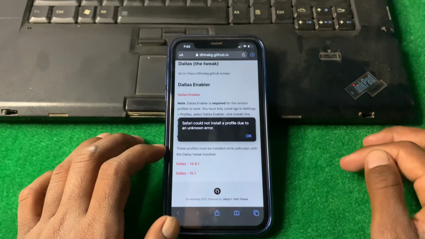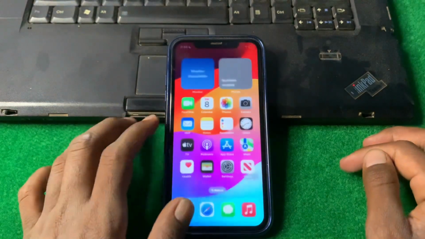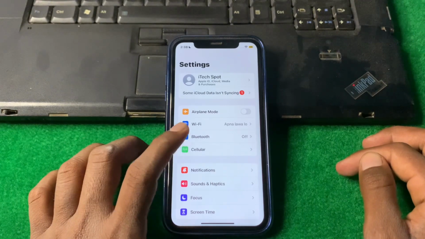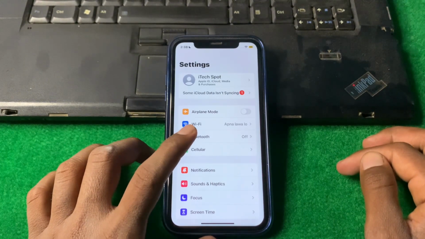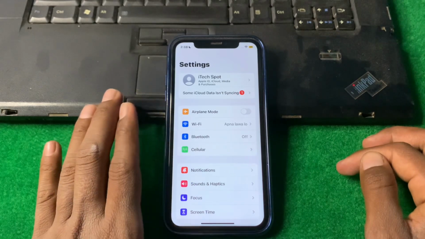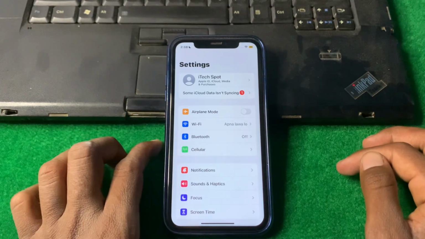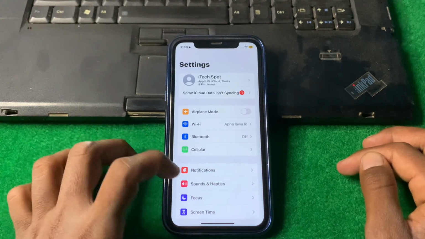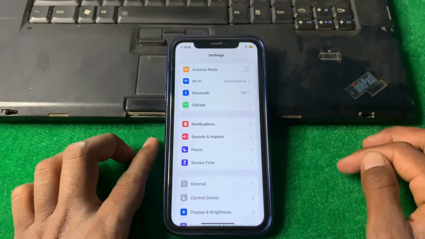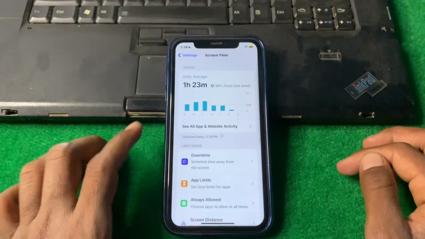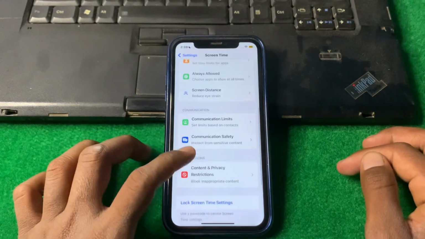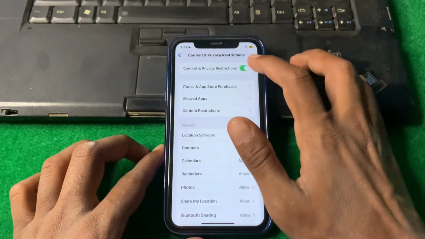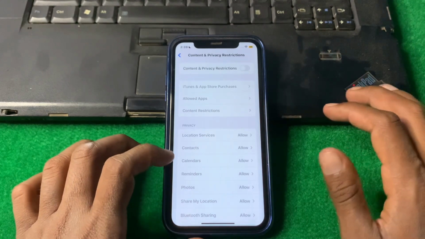So first of all guys, what you need to do, you have to simply close this page, open your settings, and make sure that you are properly connected to the internet and there is no connected VPN on your device. If there is any connected VPN, then turn it off and simply scroll down, tap here Screen Time, scroll down, tap here Content and Privacy Restrictions, and simply turn off this toggle and go back,